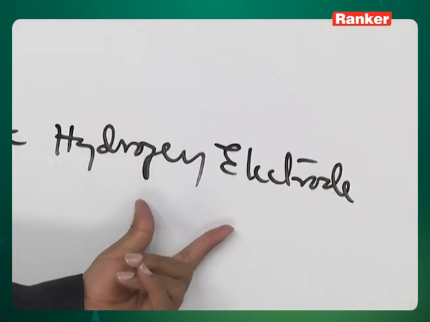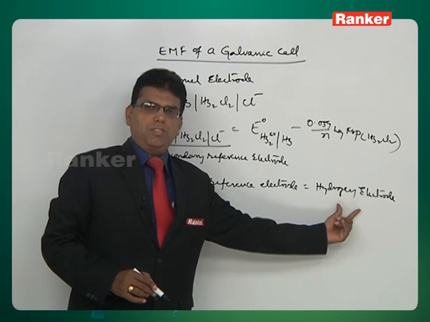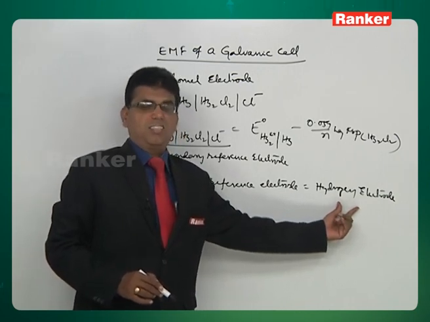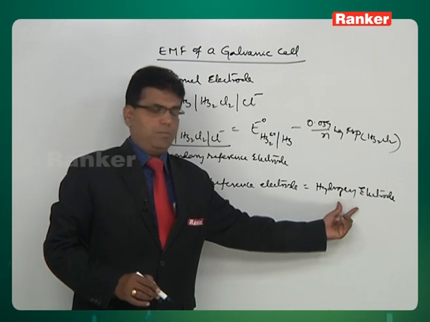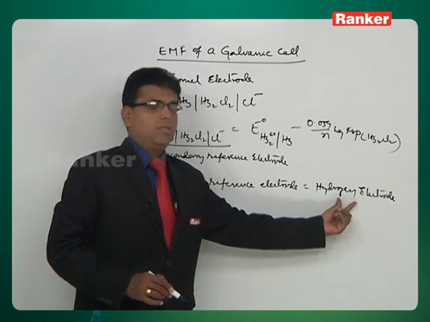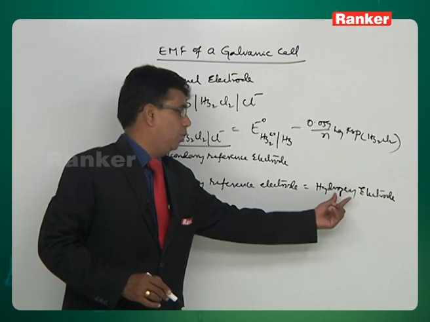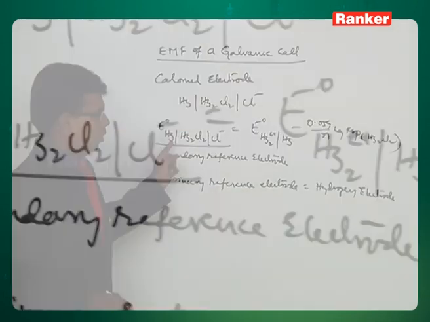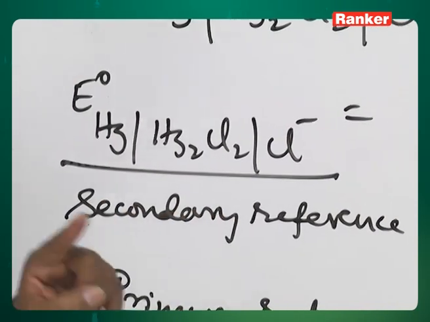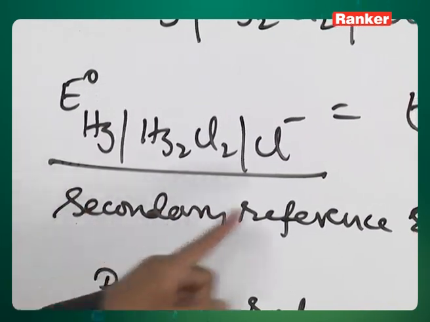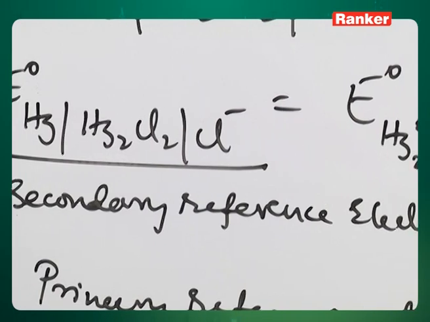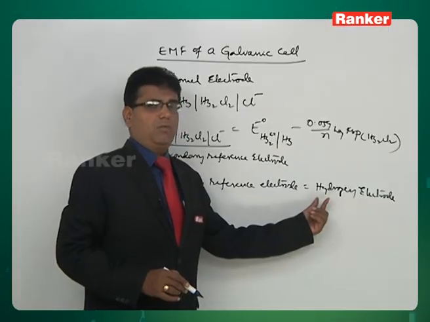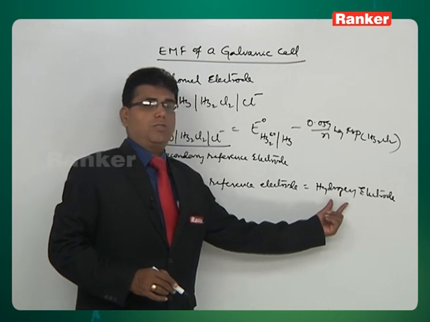For the hydrogen electrode, the EMF is considered as 0, as we discussed previously. So, E naught for this is taken as 0. Using this, the E naught value for the calomel electrode is determined, and that gives you the values for the secondary reference electrode. This is used as secondary because the hydrogen electrode, which we told is the reference electrode,